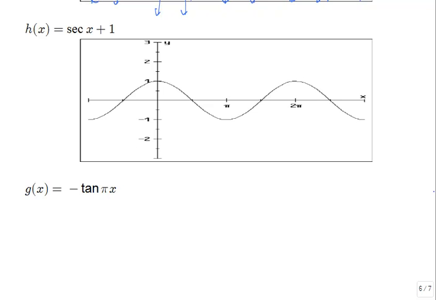Okay, secant of x plus 1. Let's take a look at that graph. So this is going to be the graph of cosine that we're looking at right here. Okay, keep that in mind. There's that U shape. So if we want to use that to help us graph this, one way to do that would be to look at the graph of cosine and think of secant of x as 1 over cosine